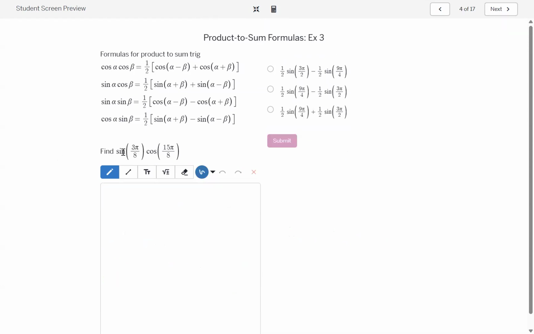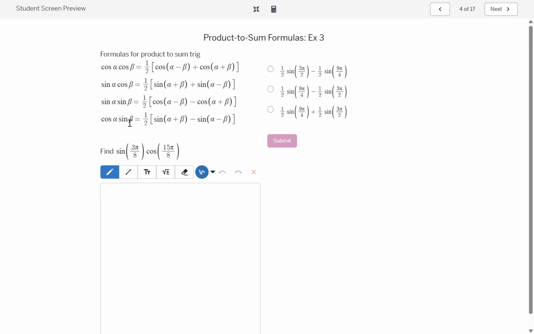All right, so our next one, now I've got a sine cosine. So there are technically two formulas here. There's a sine alpha cosine beta, and there's a cosine alpha sine beta. Those two formulas are equivalent. It requires a little manipulation, but